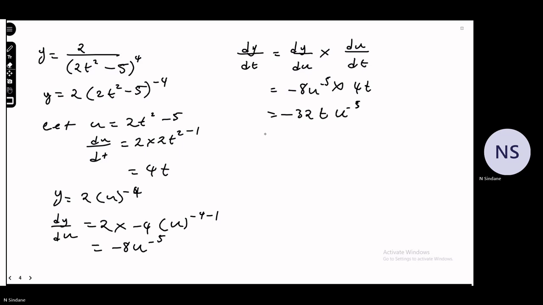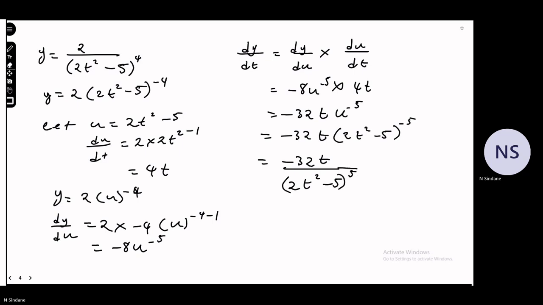Then this is negative 32t into 2t squared minus 5 to the power minus 5. Then this is negative 32t over 2t squared minus 5 to the power 5. See? Let's see if I did everything correct. Okay, that's fine. Now let's move to the next one, which is given as